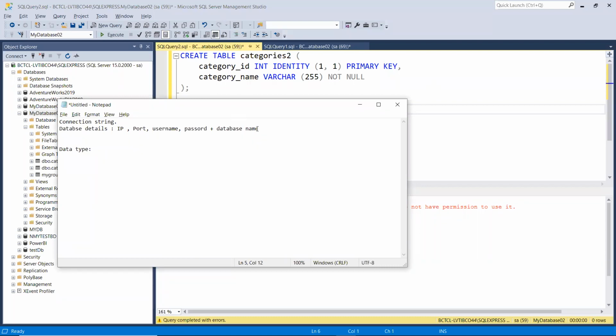I hope everybody has heard about these things. We have something called numbers, text, dates, and images. You can also say we have something called a media data type. Apart from this, we can have something called Boolean, if I'm not wrong about the spelling.